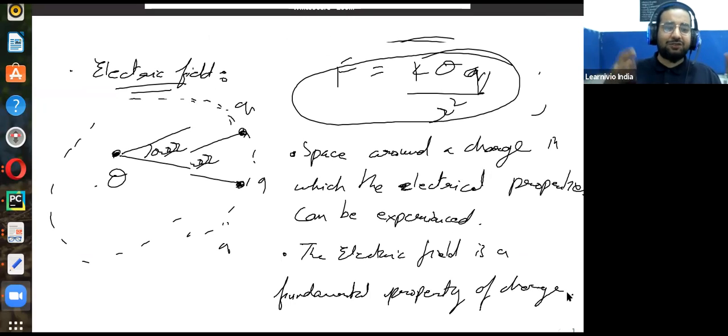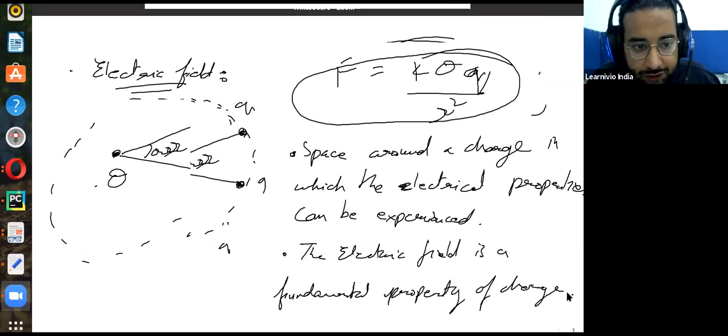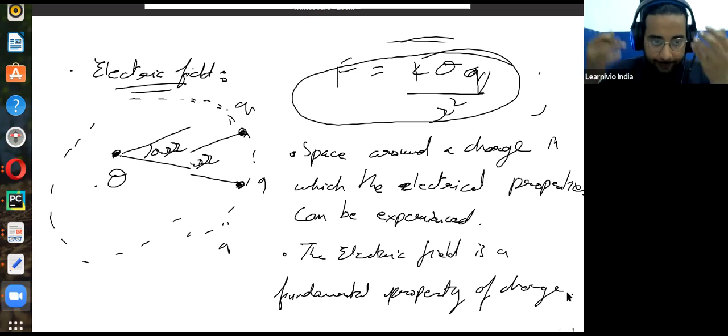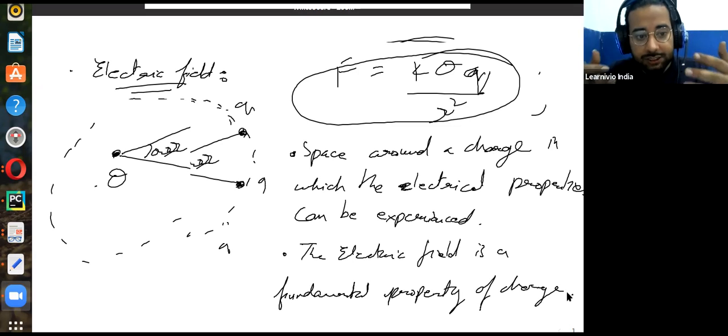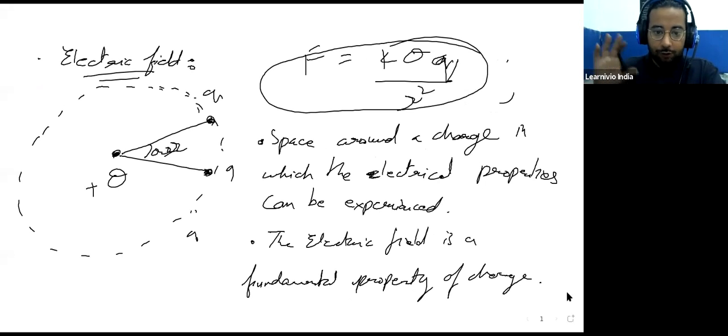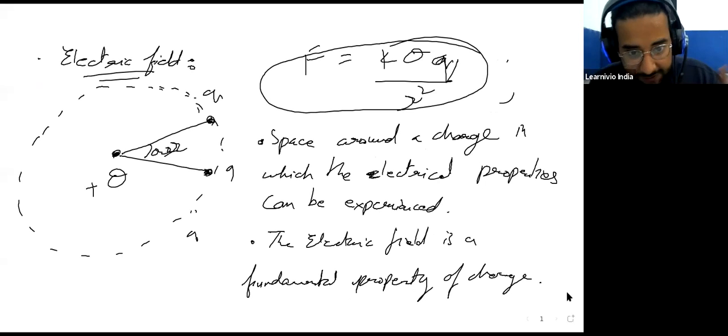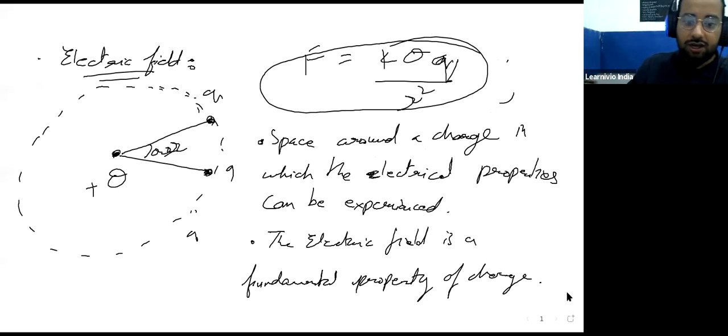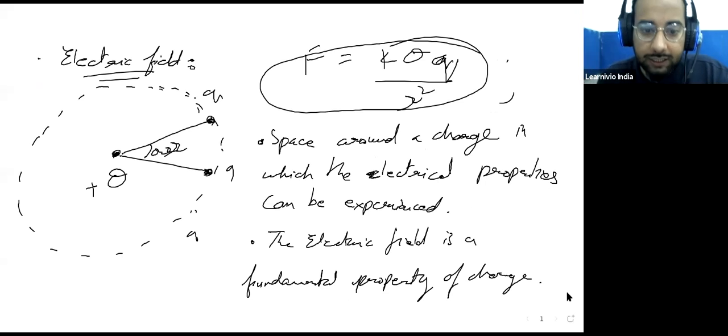So it's like the sphere of influence of a charge. Wherever you will have an electric field because of a charge, that will essentially be the point until where the charge is influencing other objects if you keep them there, or other charges if you keep them there. So it's essentially invisible. It's absolutely invisible unless you put an external charge or a test charge